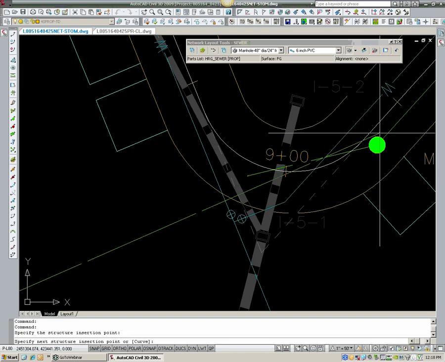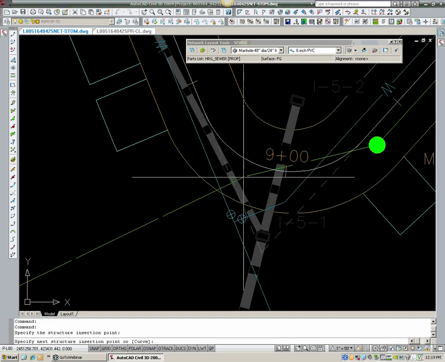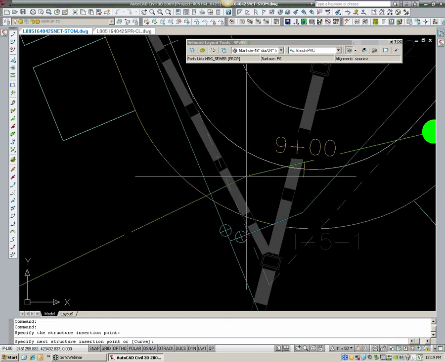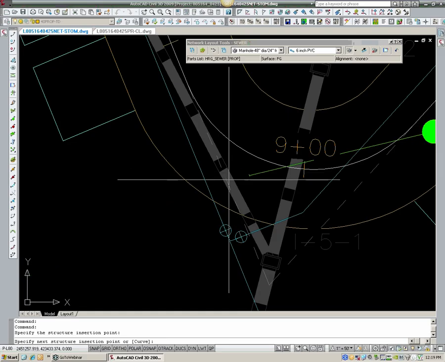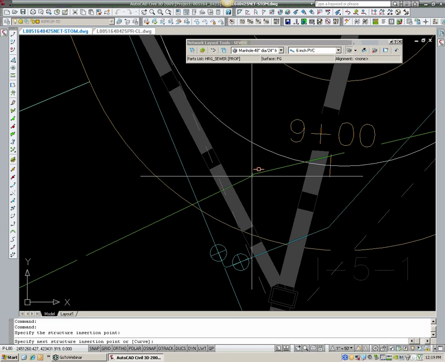But I already have an existing, or a proposed, manhole and line coming down here. So I want to actually place a manhole right at the end of that existing pipe and connect these two things together. So the glyph I need to wait for there is, if I just hover in, you can see